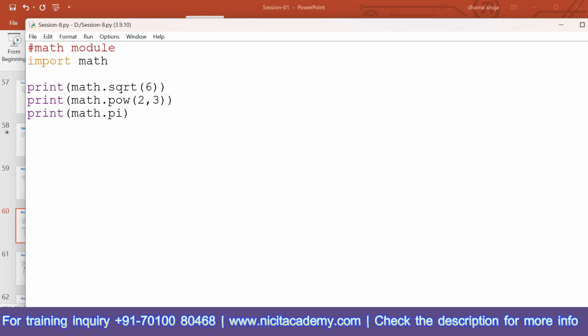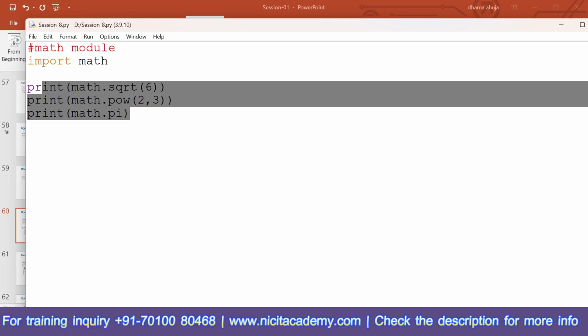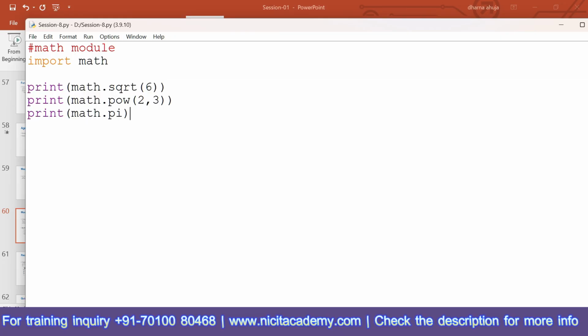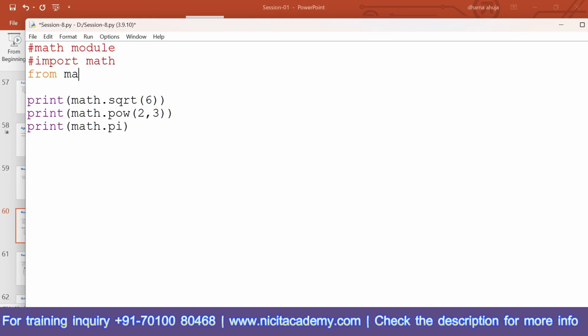Okay, now there is one more way of importing a module. This is one way. When you write import math, you have to always mention the module name to access its functions. But there is another way of importing a module, which is, I will comment it, I can write from module name import asterisk.